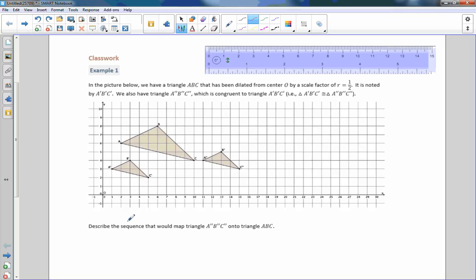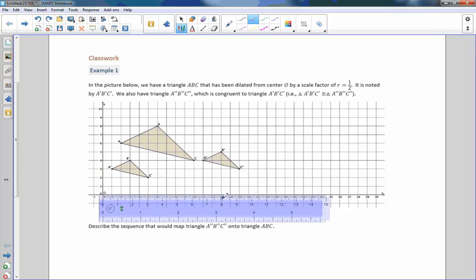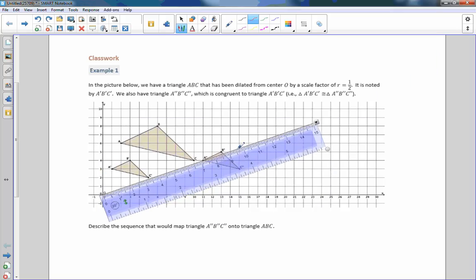Okay, so now it says describe the sequence that would map triangle A double prime, B double prime, C double prime onto triangle ABC. A sequence. Okay, sequence is more than one transformation. So since this has been scaled down a half, in order to get it back to the original size, I need to double it. So we are going to scale it up by the reciprocal of a half, which is 2. So if I draw a line through A